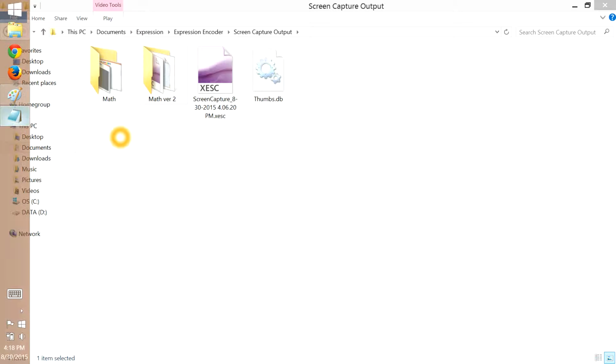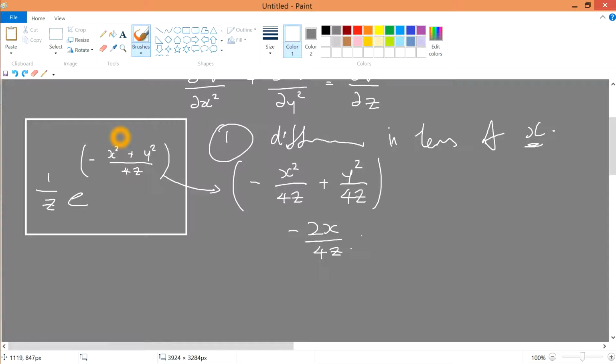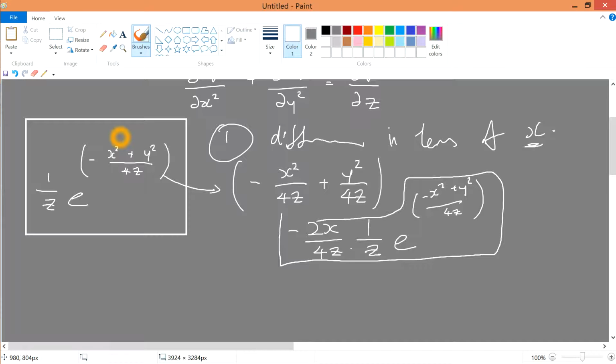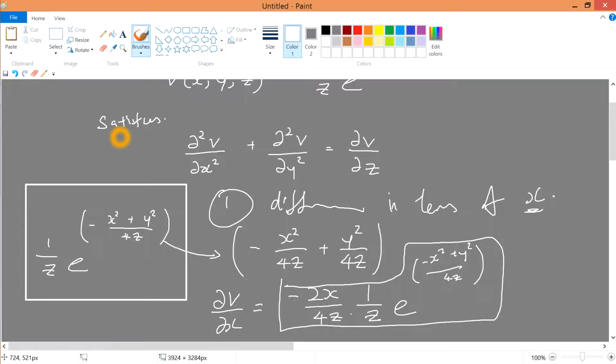Alright, so yeah, and therefore where am I? So if I differentiate down, I just bring this term down to here, right? So 1 over z e to the minus (x squared plus y squared) over 4z. So this whole thing that I've just written down is equal to partial v over partial x. So I'm gonna differentiate again, because they want to prove that partial squared v over partial x squared is